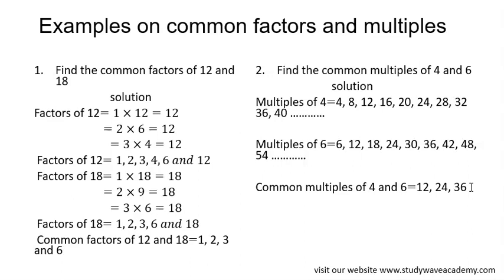So the common factors are factors that two or more numbers share, and the common multiples are multiples two or more numbers have in common. Okay, do you understand? Remember, factors are gotten by multiplying two numbers together to get another number, the given value, and multiples are the result of multiplying a number by another whole number, or you add. Okay,